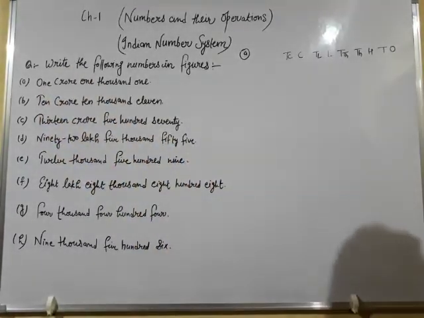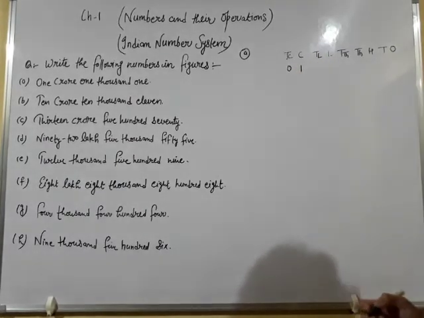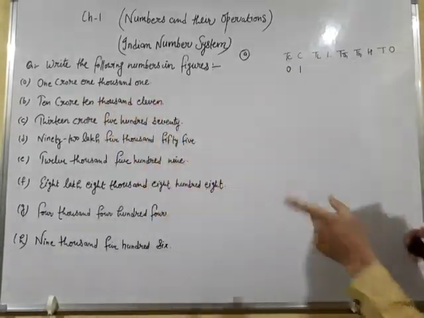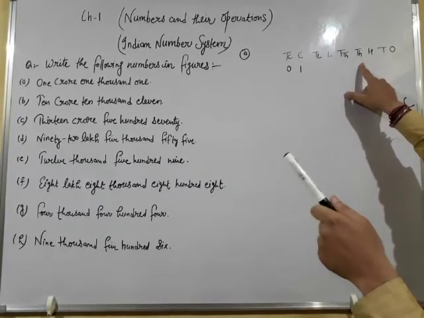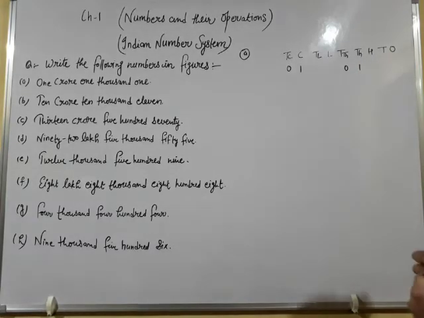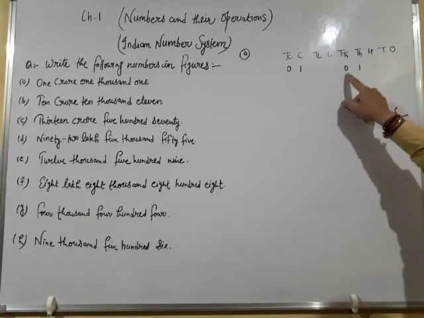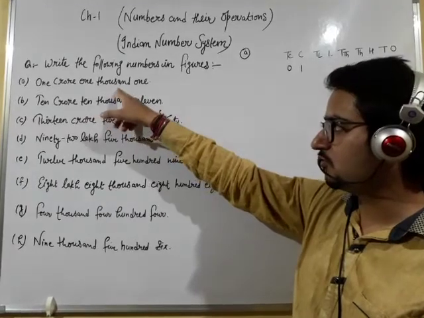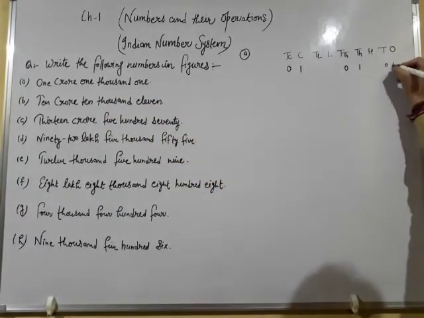So 1 can be written as 01. And you will write like this, 01. Then you have to put 1001. 1000, this is your thousands place, and we have to put only 1000. So 1 can be put as 01. 1000. Because we have put 0 at the 10,000's place. And 1 crore, 1000, 1. 1 can be written as 01.